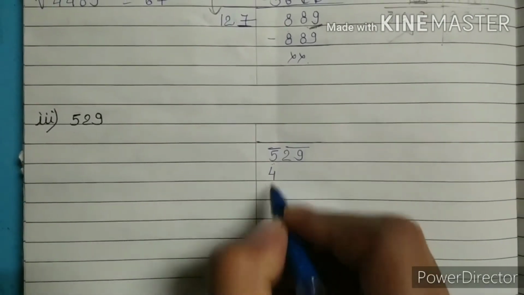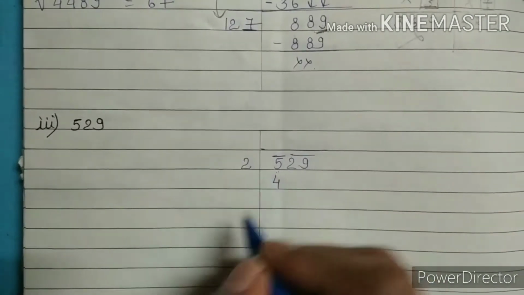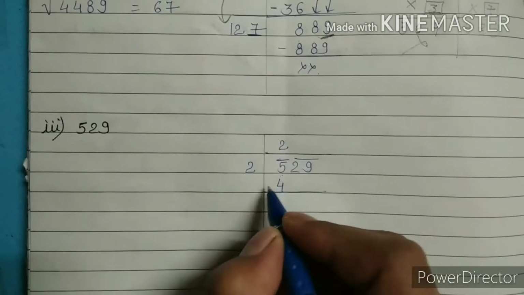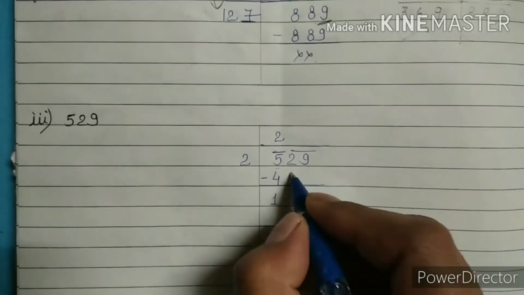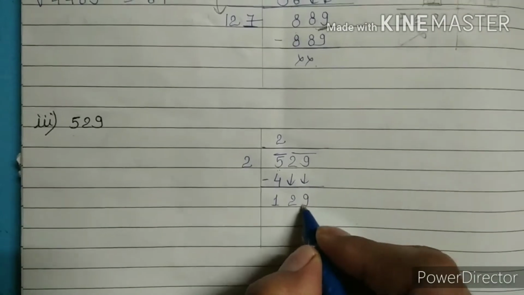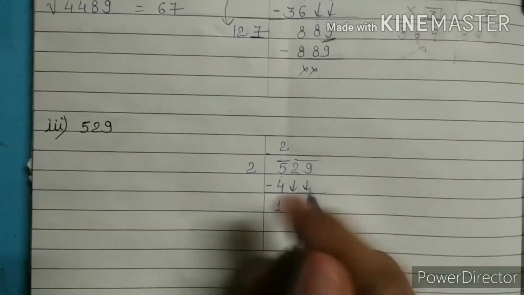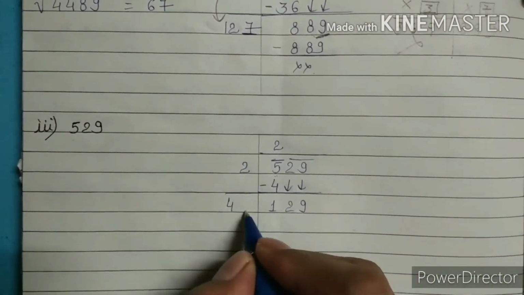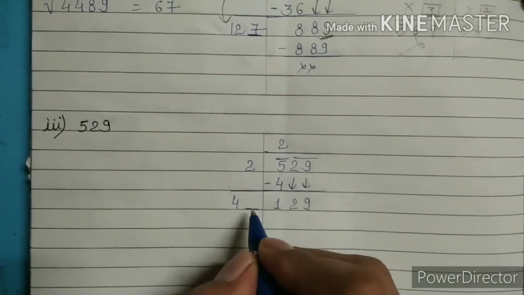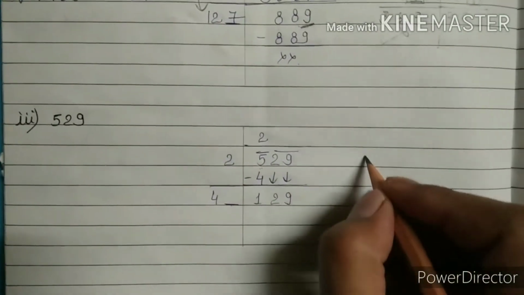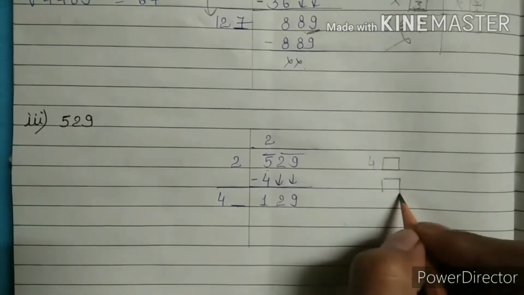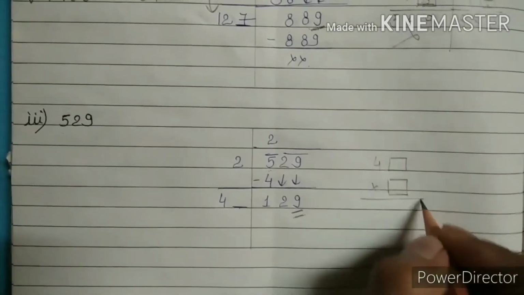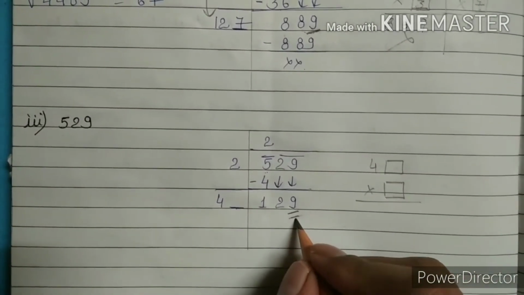2 square is 4. And how will it come? It will come 2 into 2. 2 square is 4. After subtraction, 5 minus 4 is 1 and this pair will come downside, 29. Now we have to double the 2. Double the 2 is 4. Now we have to put a number here on the ones place such that 4 multiplied by such a number, both places being ones, whose multiplication will give us ones place as a 9.